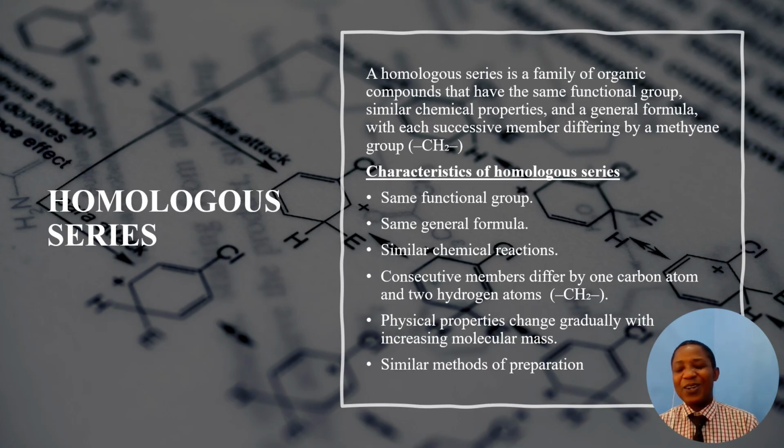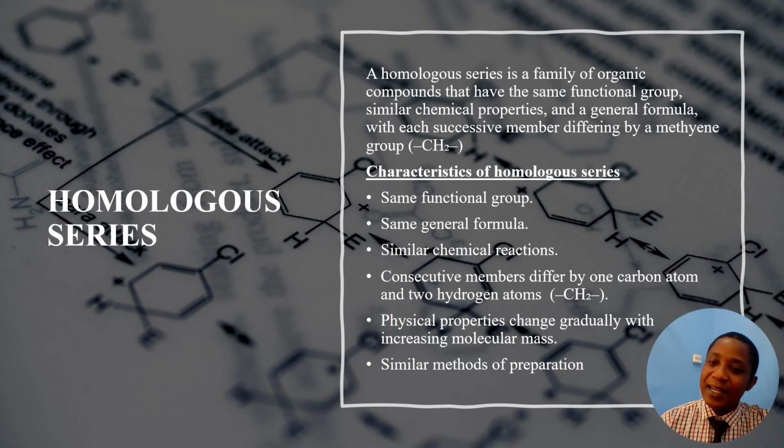Now, apart from that, what are the characteristics of homologous series? At least from the definition and the information I've given you, you understand that. Can you give me one? I think you should be able to do that. They have the same what? General formula, functional group, similar chemical reactions in nature, the physical properties increase or differ as the number of carbon atoms increases. Understand that. Then the successive members differ by what? CH2. Thank you. You are funny. Then in a similar way, they have similar methods of preparation.